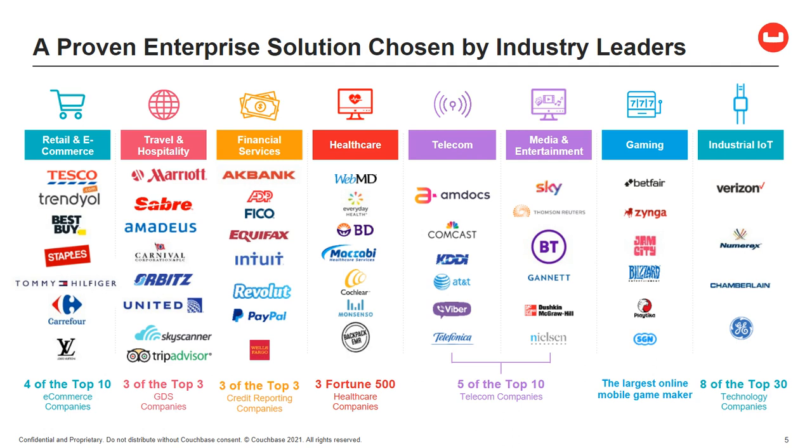We have a wide variety of industry leaders that are using Couchbase. So just for instance, all of the top 3 credit reporting companies are using Couchbase. All of the top 3 GDS companies that power online travel, half of the top 10 telecom companies, and so on. So you may not have heard of Couchbase before this presentation, but I like to scroll through my phone and see all the apps. And I know that Couchbase is powering many of them. And some of them I can't even show you the logos of that are very big players that Couchbase has as customers.